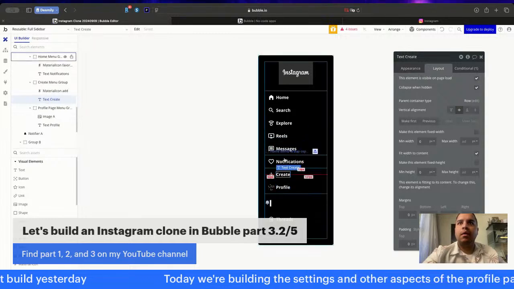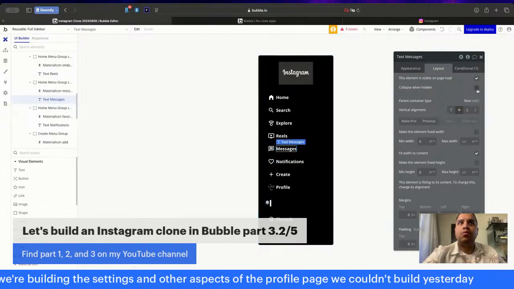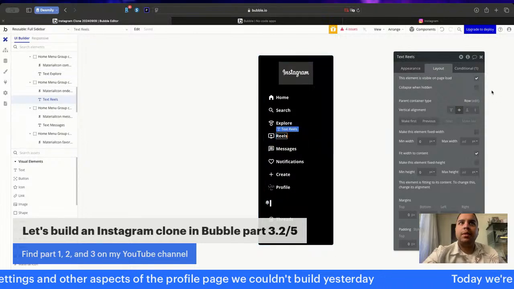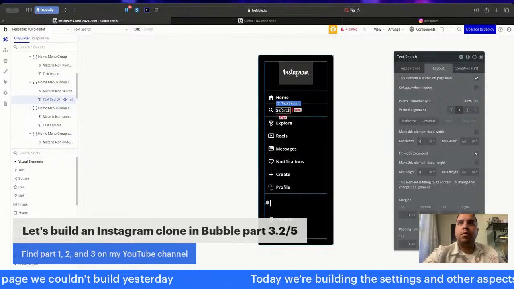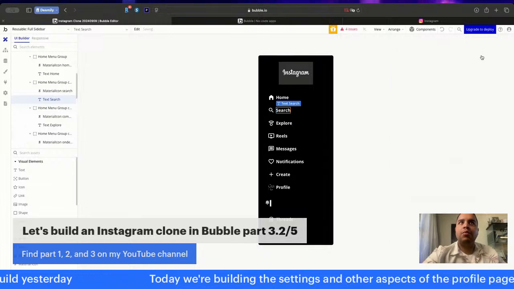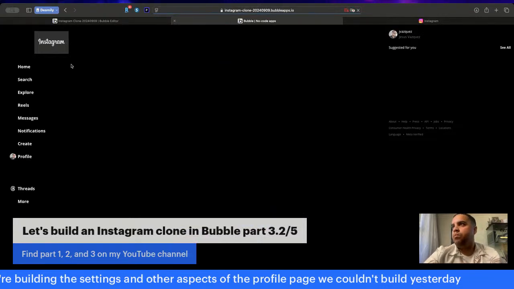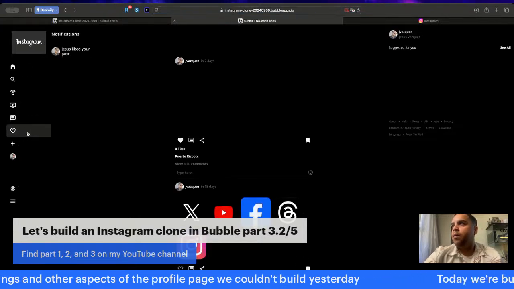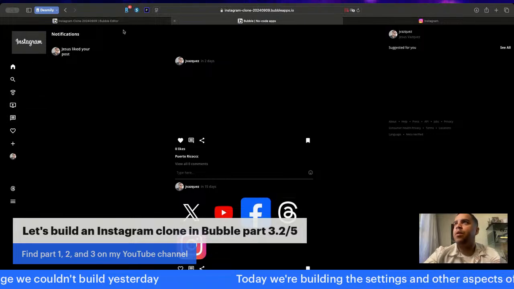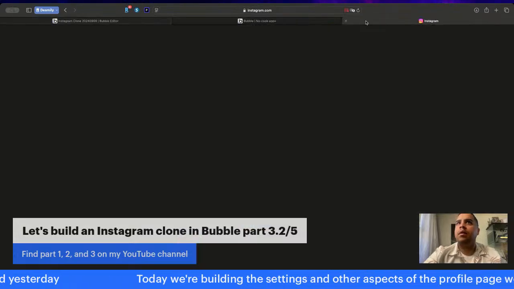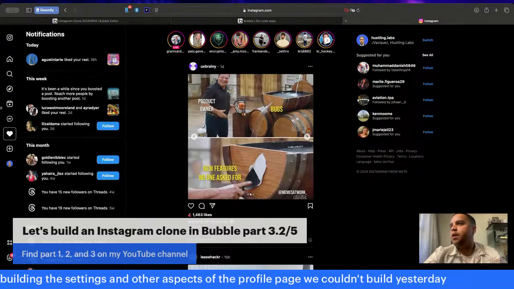Create, notifications, messages, reels, explore, and search. Bam. All right, we go to notifications. Again, it's all hidden. Thing that looks a little bit more like